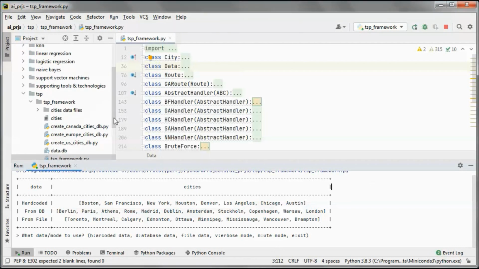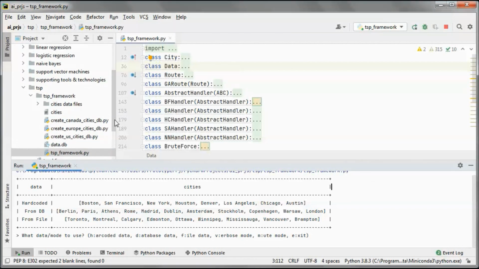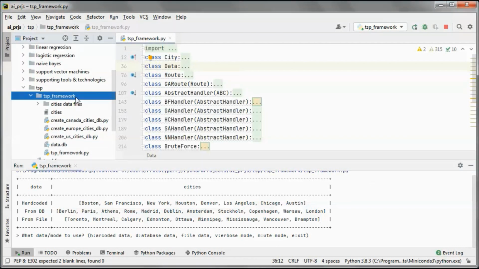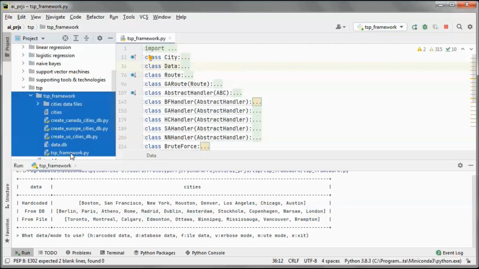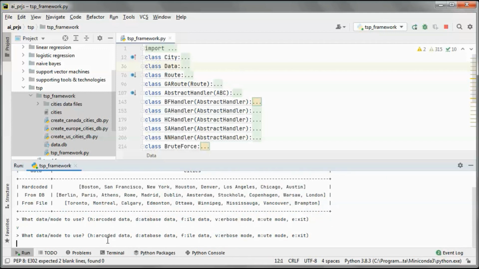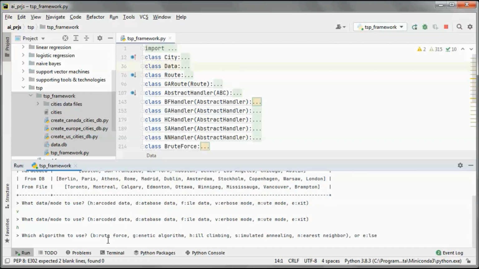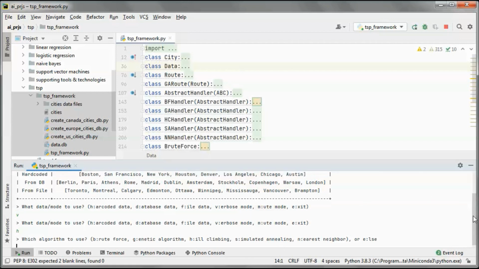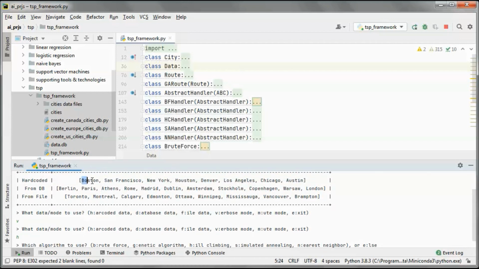So let's try maybe using the hard-coded data first and maybe run in verbose mode. And here for the hard-coded data we have 8 US cities.